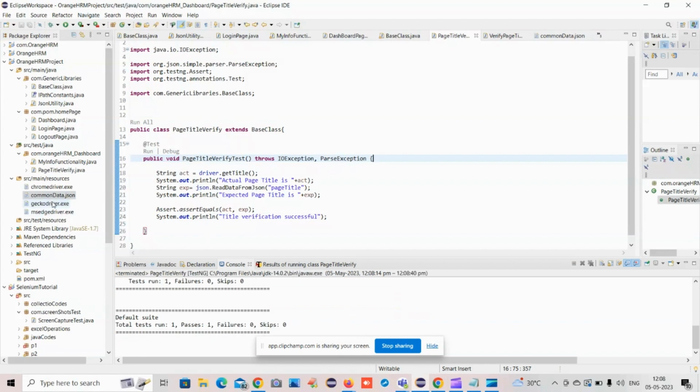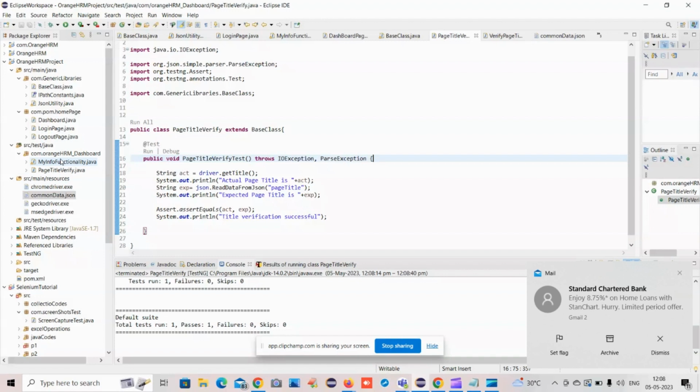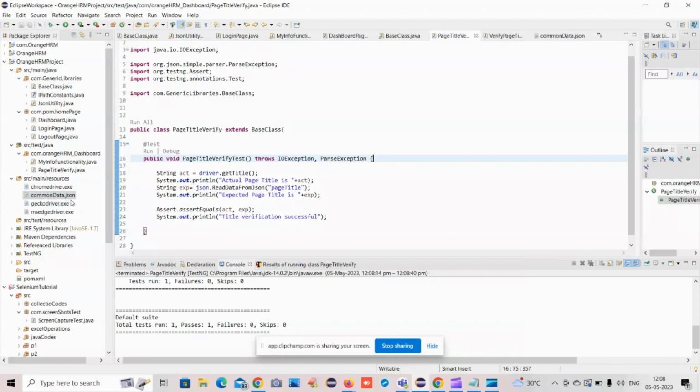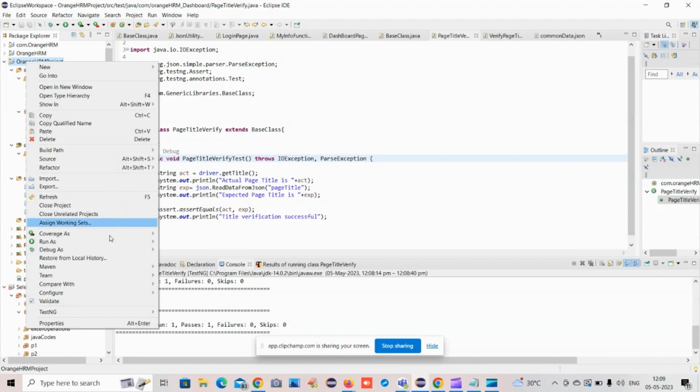So now these are the two test cases. Likewise, we maintain or write hundreds of test cases in this manner while actually working on a project. So far we have executed the test cases one by one. Now we will execute all the test cases, that means both test cases simultaneously. For that we have to create the XML file. So right click on the project, in the test,